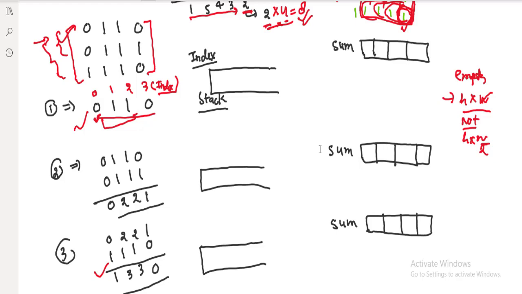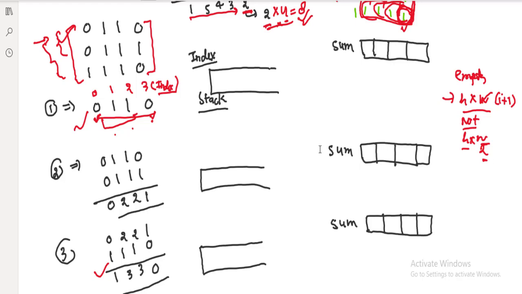Let's say when we reach this particular index 3, then the stack is empty, the width will be 1 2 3 4. How can you get it? I plus 1, the particular index plus 1. So here we can put I plus 1. In case of an empty stack, we have to compute height into I plus 1. In case of a non-empty stack, we'll have height into the width. Width we'll see how we can compute it.